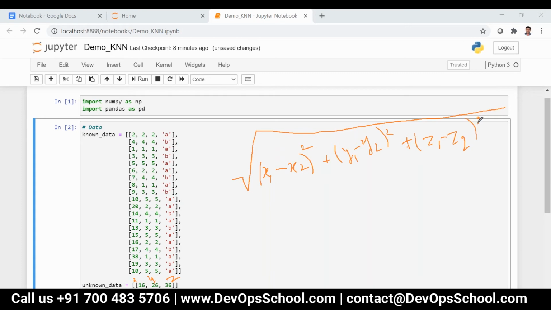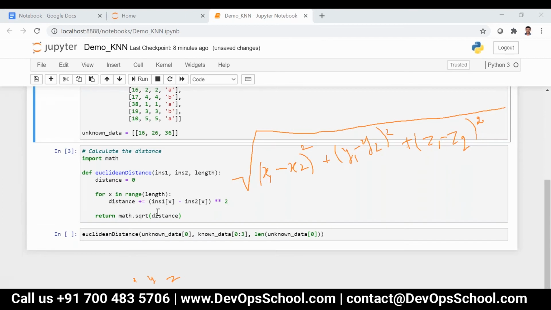So this is the formula, and that's what we are doing over here. Plus equal to means we keep on summing up, instance 1 of x minus instance 2 of x. We'll be getting the index and then doing it.